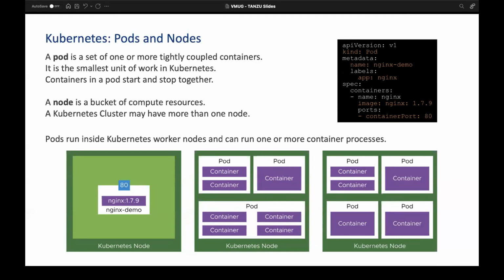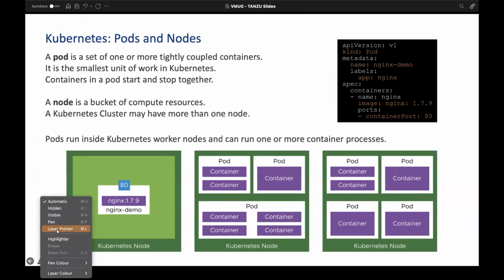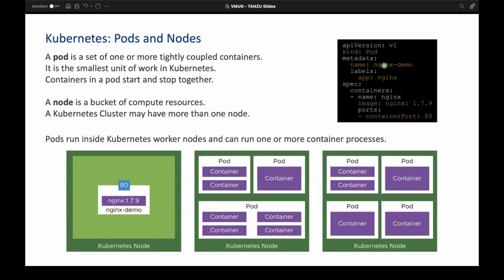I'll be covering a few very common terms that we use in the Kubernetes world. So starting with pods. A pod is the smallest deployable unit in Kubernetes that we work on. So here you can see in the screenshot, this is just an example of a YAML file where we are deploying a pod with an image called Nginx, and the pod name is also Nginx demo. And the image is getting pulled from the public repository, and it's exposed on a container port called 80.